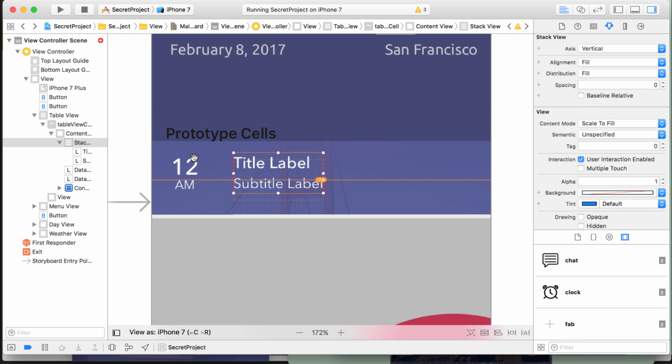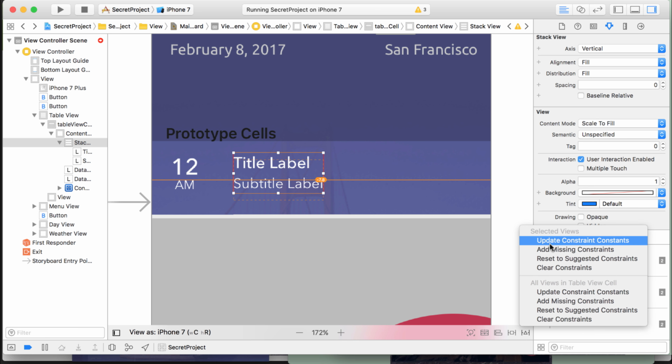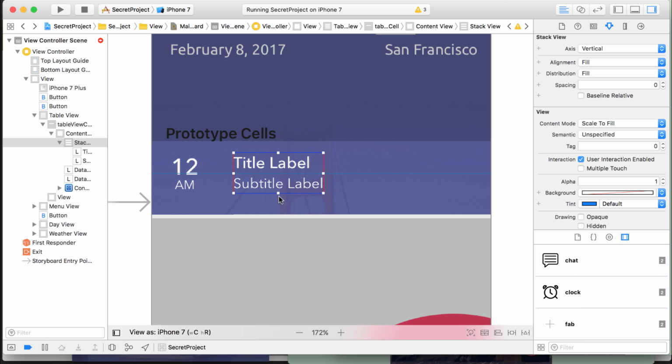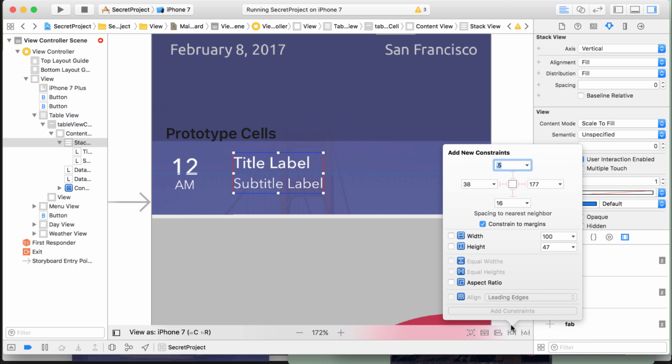I'm trying to get the top of the T to line up with the top of the 12. And then to correct this, I'm just going to come here and say update constraint constants. You see, now it's telling me it's negative 7.8 off, but if I update constraint constants, it'll correct it for me. Okay, and then I'll need some more constraints because it doesn't know how far in I need to set this. So let's go here and tell it it needs to go 38 in from, and I think it's using